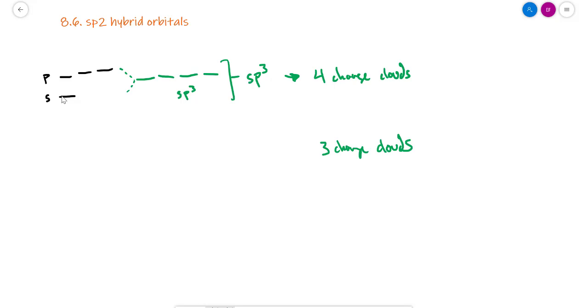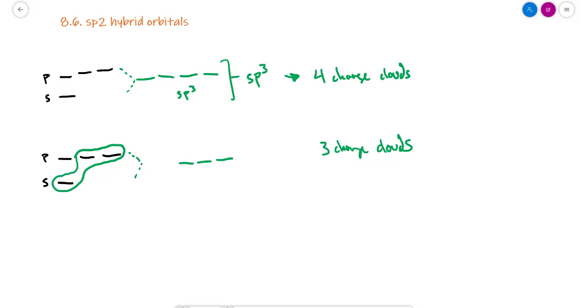In that case, you don't need to hybridize all 4 of those. You just need 3 good solid equivalent degenerate orbitals. And in order to do that, we can take our trusty energy diagram of s and p orbitals. Doesn't matter if they're 1s, 2s, 3s, whatever. The hybridization is the same. And we can hybridize. In this case, we're only going to hybridize these 3, in which case we're going to be left with an